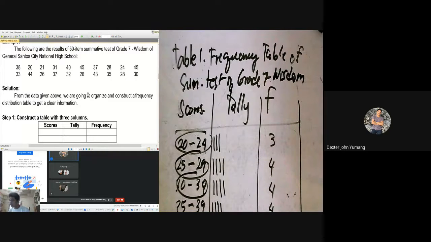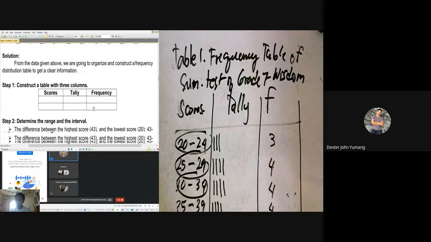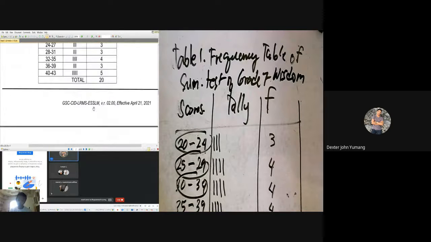What if pwede siya sa by 5, pwede pa siya sa by 4, yung range ninyo. Okay lang po yun. Pilian nyo lang kung saan doon na mas maganda. Is by 5 ba or si by 4 ba or si by 3. Depende sa inyo. It's up to you. Okay? So in this case, we will have the